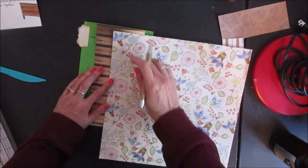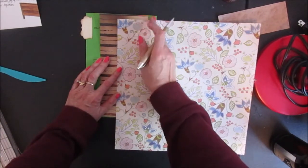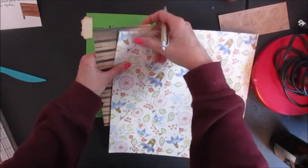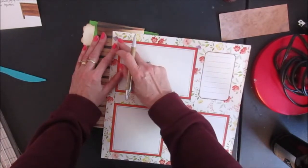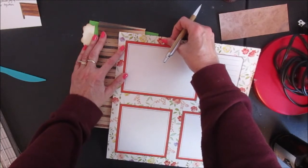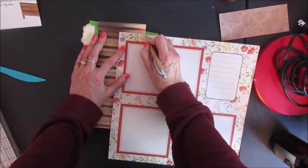Now for this one, I'm going to need to have my flaps at the top and the bottom, but I'm also going to have one at the back, and that's going to fold underneath this one, and it's going to hold everything inside. So I'm going to start by measuring for the width. I think it'll be about halfway the size of this one. So that goes here,